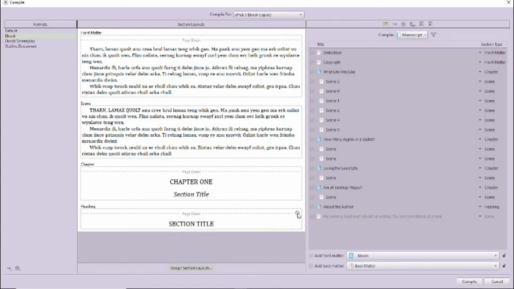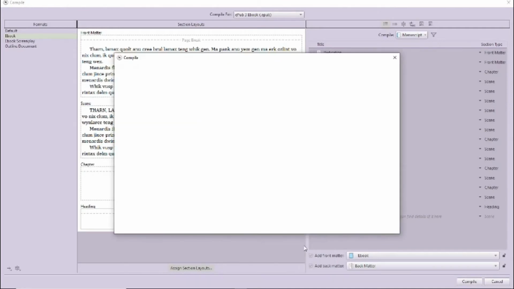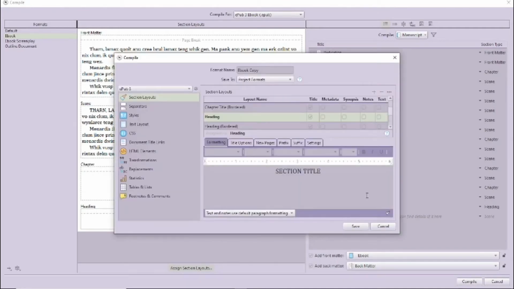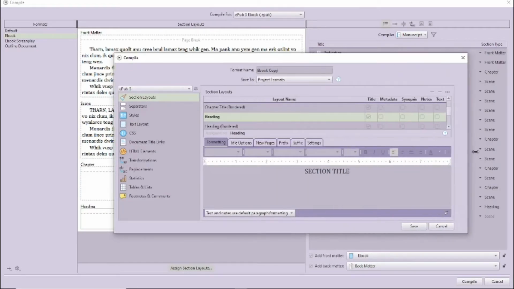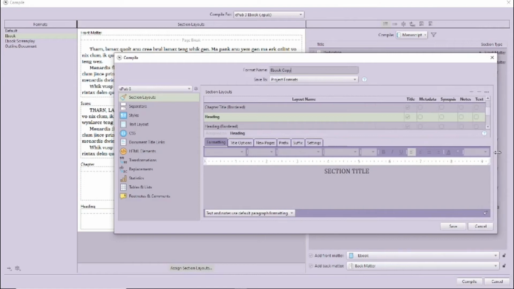Let's start with actually setting up a custom section layout style. If you click on a section type, you'll see a little edit icon. Click on that and you'll get a message that you need to duplicate the format and edit layout in order to edit. This is so that you don't override the standard settings in Scrivener. In other words, you won't break anything by doing this. This is lucky, as you'll find out later.